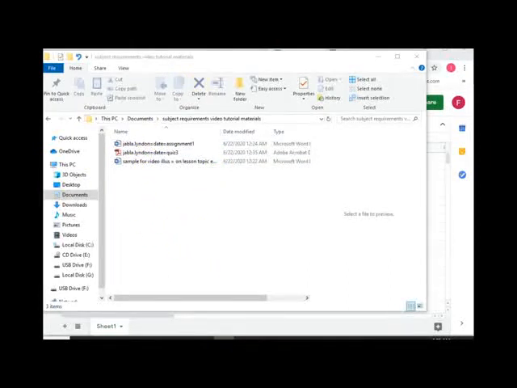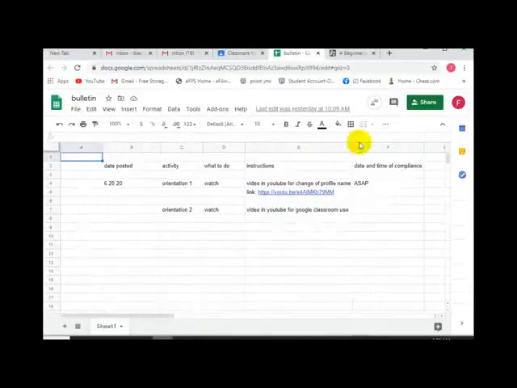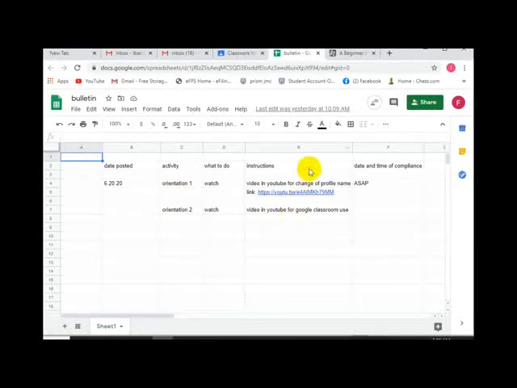Okay, so we are through with that. Now we go to the last part of this orientation, and that is how to use the Google Drive. So again, the manner of submission will depend on the instructions that can be found in column E of the bulletin. So for example, if the instruction is to submit it on the Google Drive using the shared folder, then of course there will be a shared folder that I will establish, and then you simply